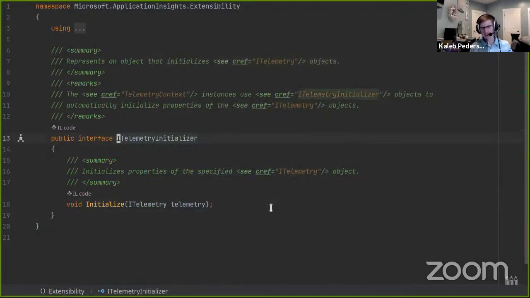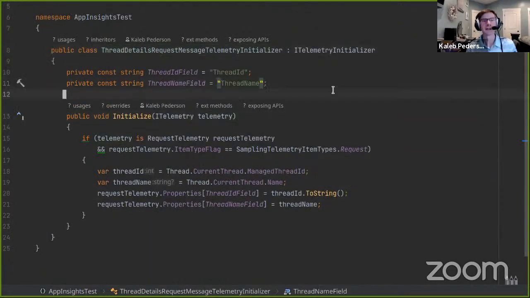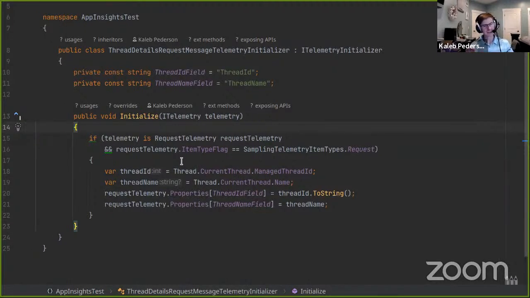So I'm going to go back and now let's go ahead and look at this. So this initializer is one that adds thread information to the request. So by default, we saw a number of those properties when I was viewing through the UI that demonstrated what is captured automatically. But I decided for some reason that thread ID was important to capture. So I took the telemetry interface. I made sure that it was of type request telemetry. And then I set some properties to set both the thread ID and the thread name